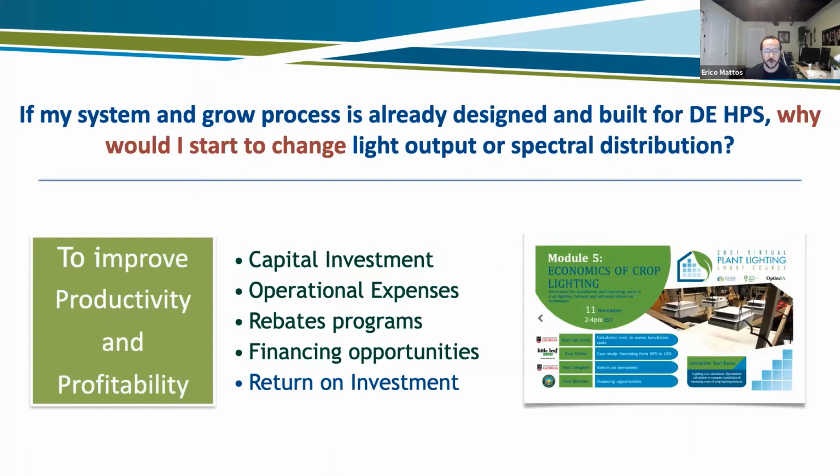I think a key point to understand here is, if you're a hobbyist, that's okay. If you're a commercial grower, technology is evolving fast. Rebates are available today, but they might not be for long. We're going to hear more about this from the next speaker. If you are not cost competitive and cost effective, you're going to have a hard time staying in business a few years from now.